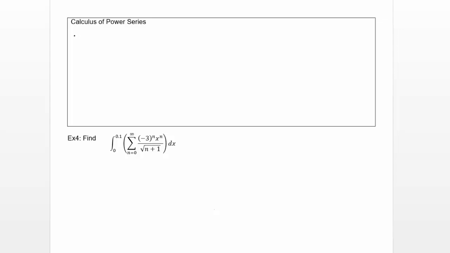Inside the interval of convergence, a power series can be thought of as a function. And since they can be thought of as functions, well, we can do calculus on functions. We can find derivatives and find integrals. It turns out this theorem, which we're not going to prove, but is true, is that for any power series,